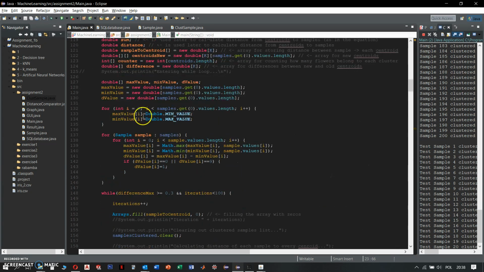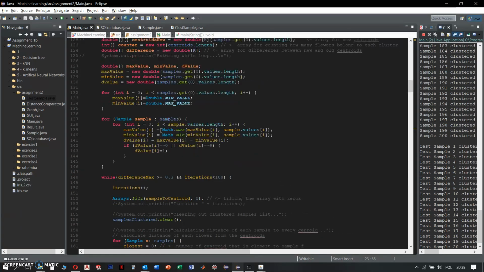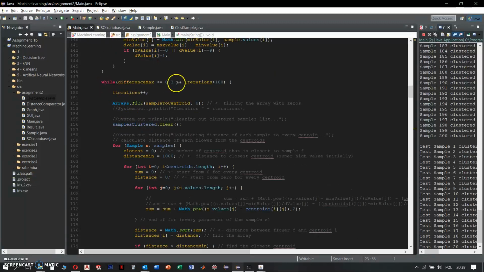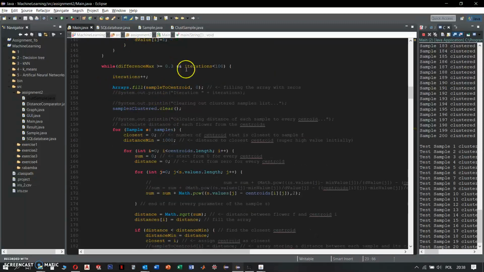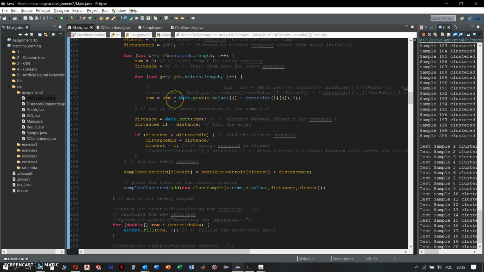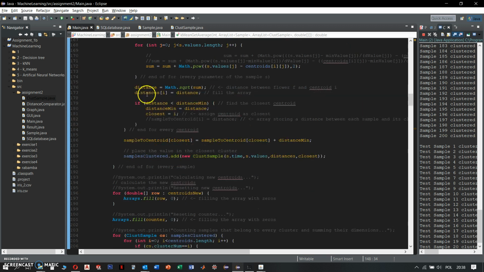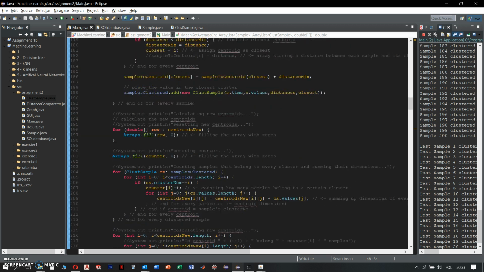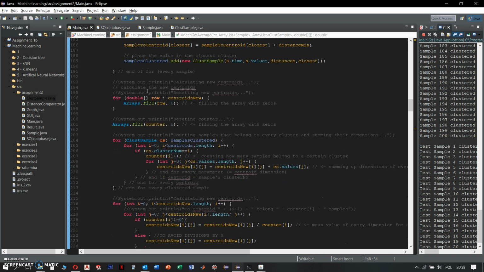So in this method, as I said, we are going to return the average distance from our centroids to samples. We have a while loop which runs until we have either 100 iterations or the difference is smaller than this threshold, which is quite a small difference. We keep making new centroids, and we keep using Euclidean distance to calculate the distance between the sample and the centroid. And if the distance is smaller than the previous iteration distance, then we